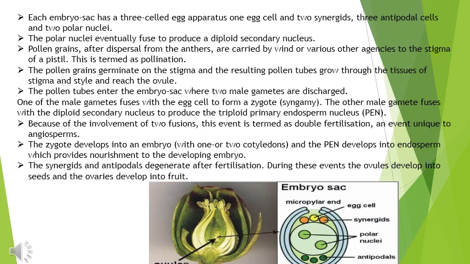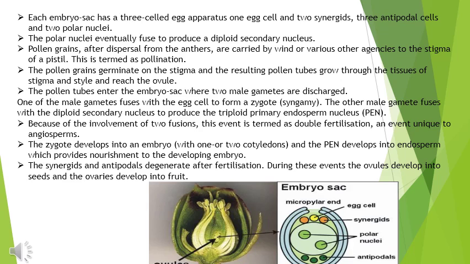तो यहाँ पर दो बार फ्यूजन हुआ. एक फ्यूजन हुआ एग सेल और मेल गैमेट का, that forms the zygote, और दूसरा जो फ्यूजन हुआ वो हुआ सेकेंडरी न्यूक्लियस का और एक मेल सेल का. सो डबल फ्यूजन हुआ यहाँ पे. That's why angiosperms have a unique event that is known as double fertilization, or we can call it triple fusion also. Okay,